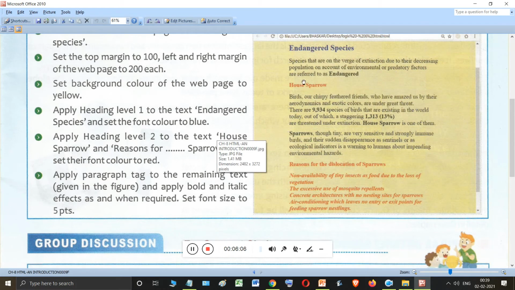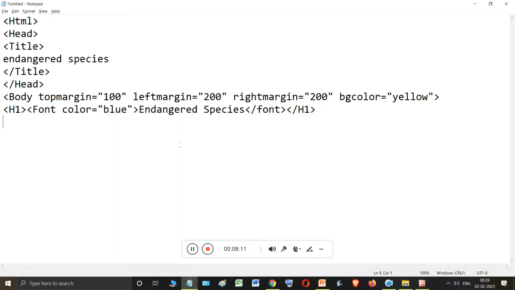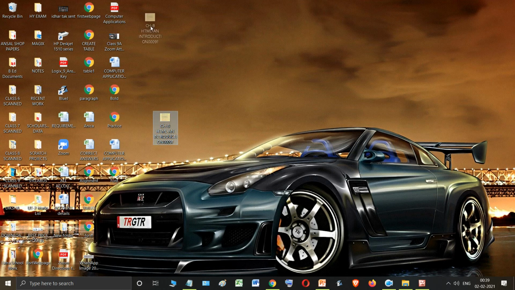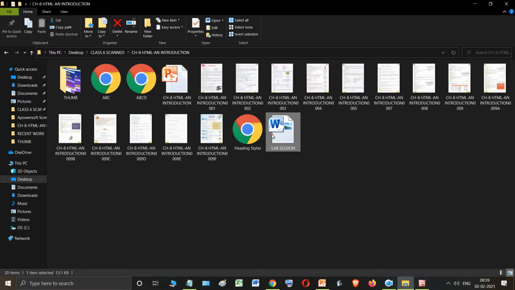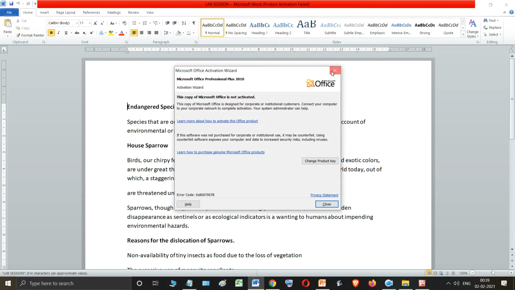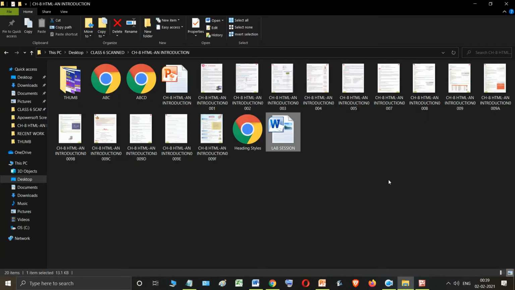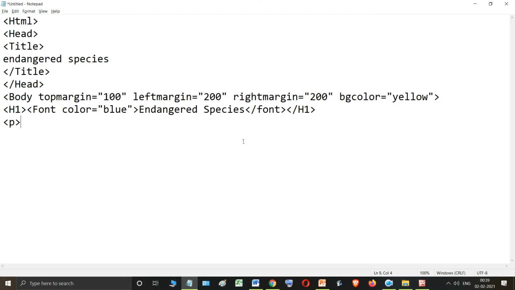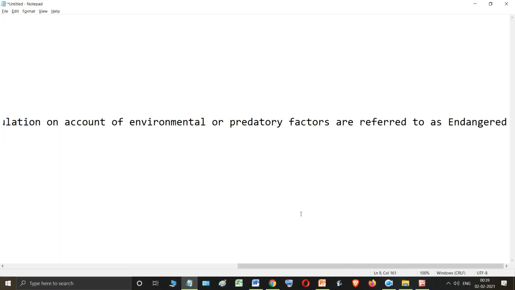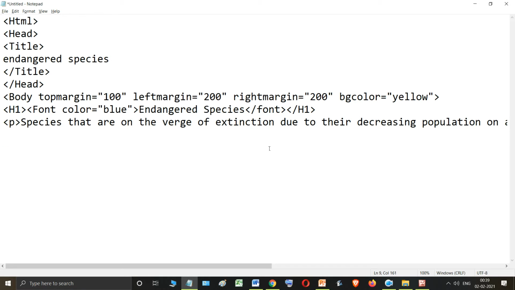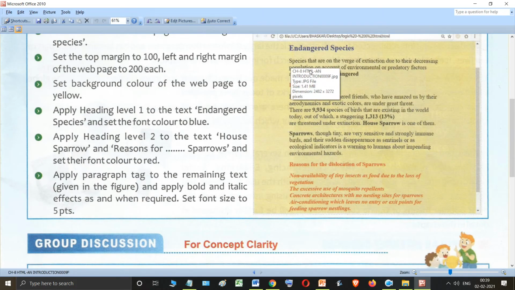Now you can clearly see that this is a paragraph, from year to year it's a paragraph. So for that we need to use the p tag. Now inside this p tag I'll type whatever they have given. Now students, I've already typed this. I just need to copy it, but you guys have to type it on your own. So inside this p I'll just paste this, species that are on the verge of extinction, this part till